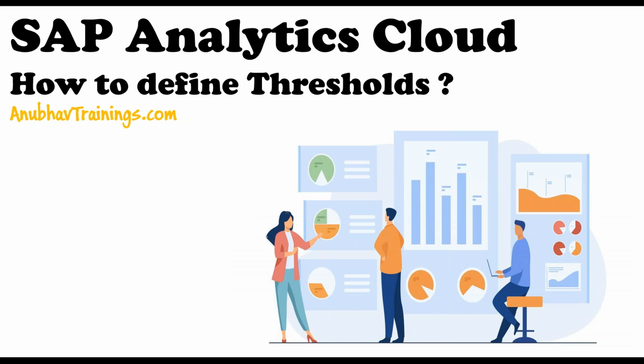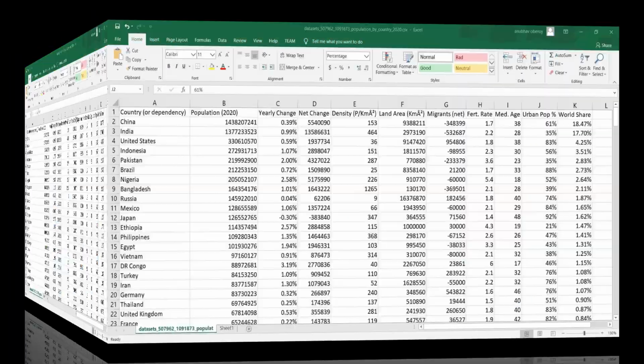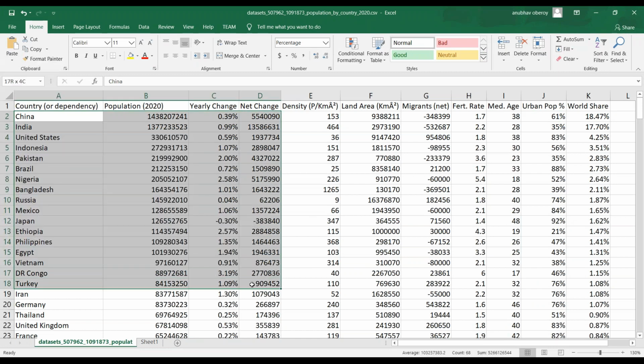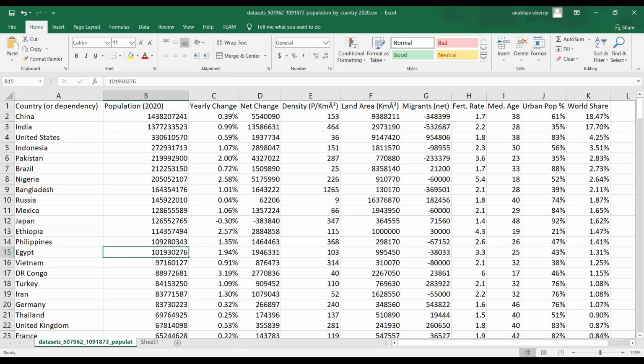Let's take a practical example in this session to understand threshold. What I've got here in my dataset is population data across the globe, and there are different countries with their respective populations. I want to set a threshold. Any country which has a population above 20 million is going to be considered yellow.